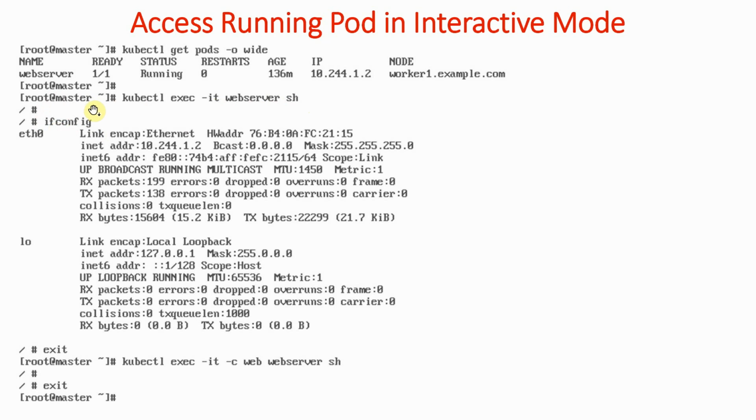We have entered into our pod, and if we run this command ifconfig, it is going to show you that address, 10.244.1.2. That means the address that it was showing is allocated to our pod. So we can view the address in this way, or we can view the address by interactively logging into the container on this pod, and then running ifconfig. So it is showing eth0 is the interface.